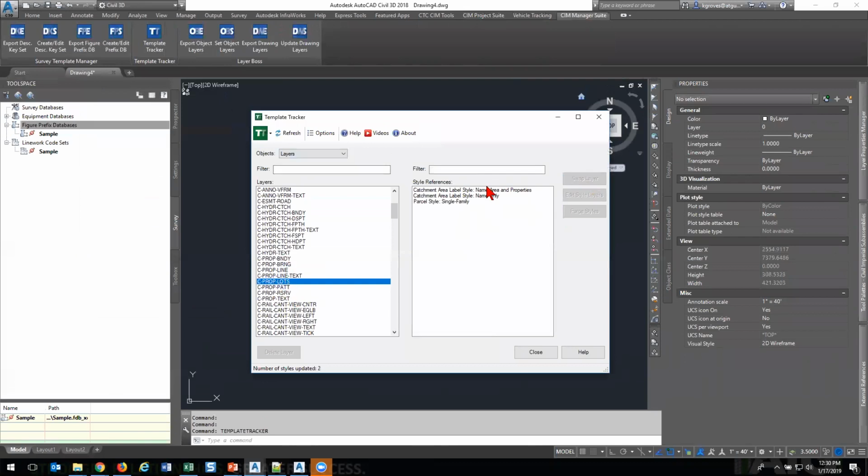Now when I go to C Prop Lots, here are those different styles. I didn't delete them. I didn't get rid of them. I just moved them around. Now, since C Hydro Text does not have any styles associated with it, I have the option to delete the